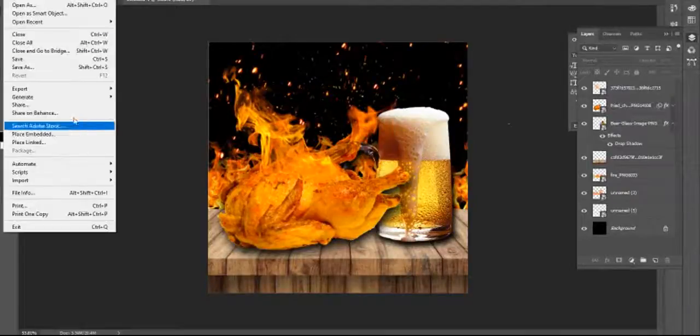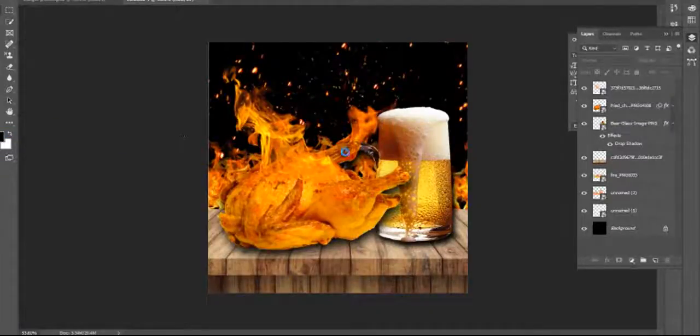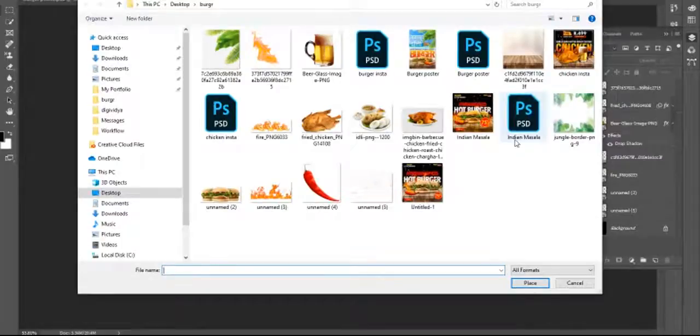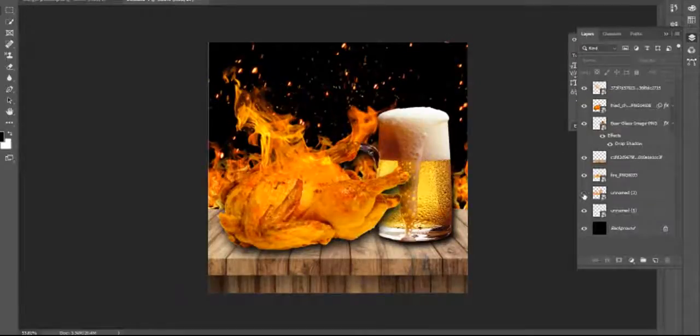Go to File, Place and Embed. Okay, don't worry.